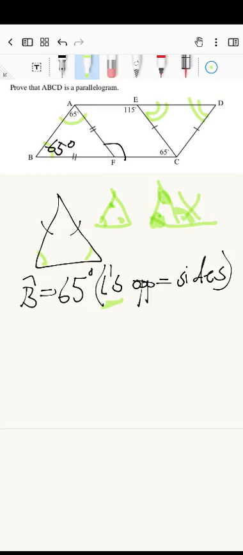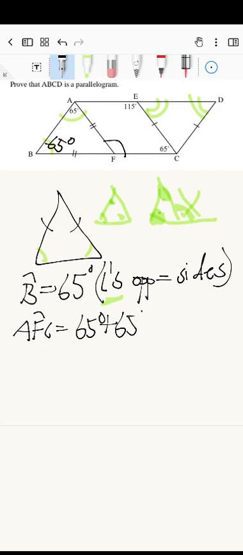So that's what we see over here. Here's a triangle. This one over here is an exterior angle of that triangle. So let's call that AFC. AFC is going to equal 65 degrees, that's this one, plus another 65 degrees, that's this one. So I'm adding these two, right? And my reason here is going to be exterior